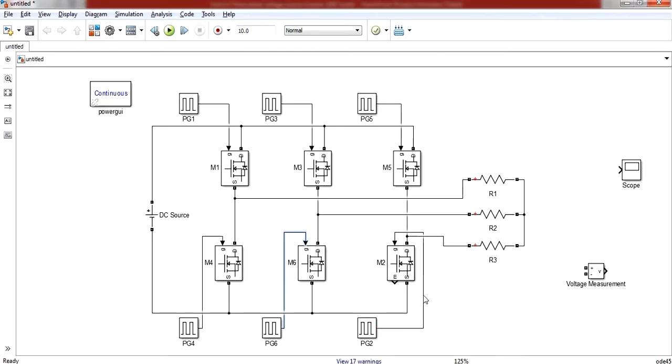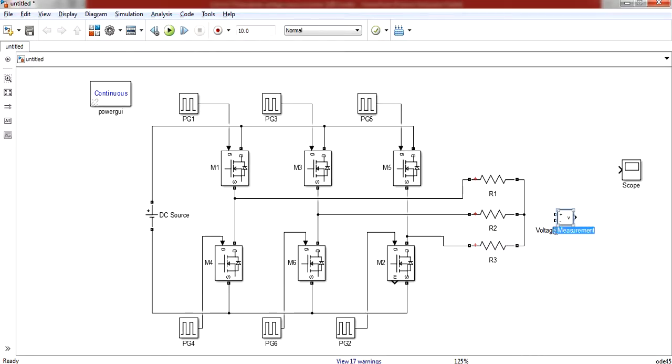So first I will show you all the circuit connections, then we will set up certain blocks, and finally we will see the output. Now the voltage measurement block. To observe the output voltage waveforms we will use this voltage measurement block. So this will be my load voltage, you can say. So I am connecting this voltage measurement block